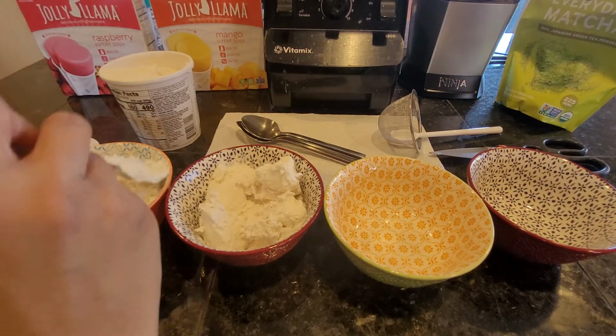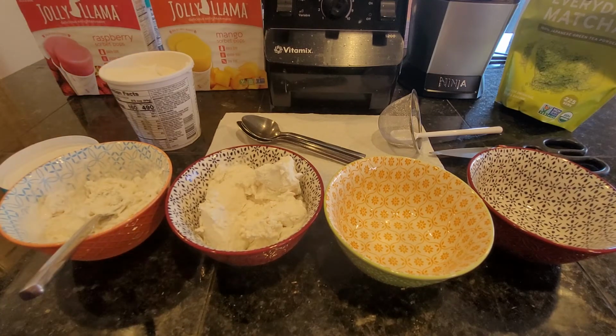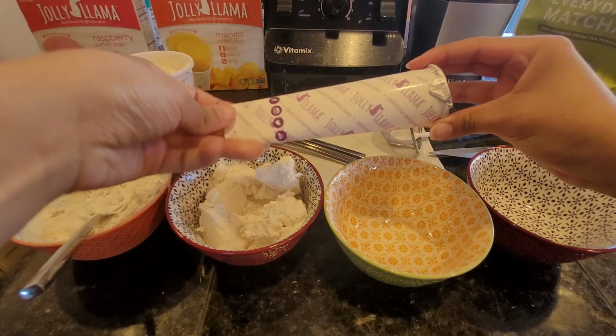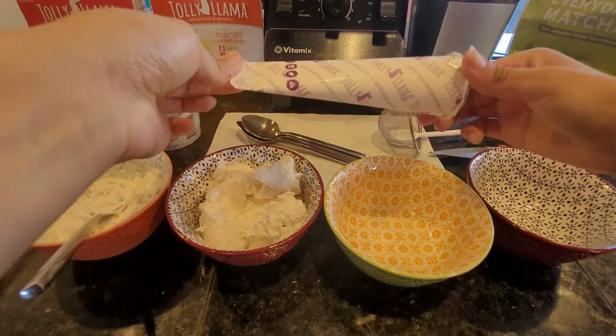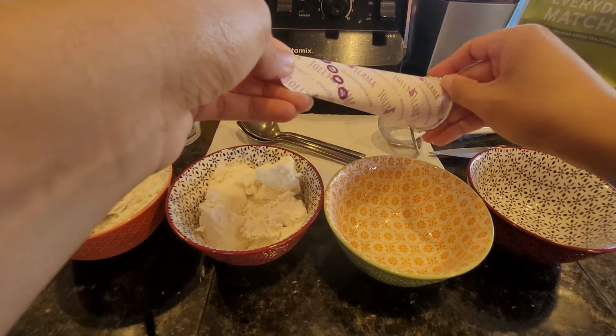And this is for Mom. So this is the mango one. It comes in a push-up pop like this. You can just eat these by themselves, but we like mixing them. And they are really good by themselves, but